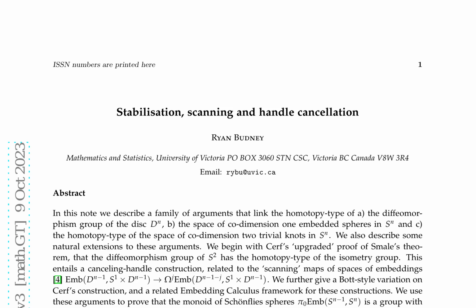This work is deeply rooted in geometric topology, drawing on concepts from diffeomorphism groups, embedding spaces, and knot theory. The author's application of Cerf's construction and the scanning maps of embedding spaces enables a deeper understanding of the relationships between these mathematical objects. The significance of this research lies in its contribution to the field of geometric topology, shedding light on the intricate connections between diffeomorphism groups, embedding spaces, and knot theory. The results presented have implications for the study of Schoenflies spheres and the generalized Schoenflies problems, particularly in the case